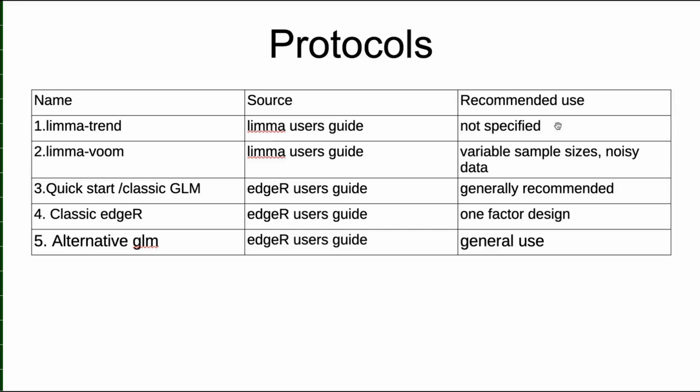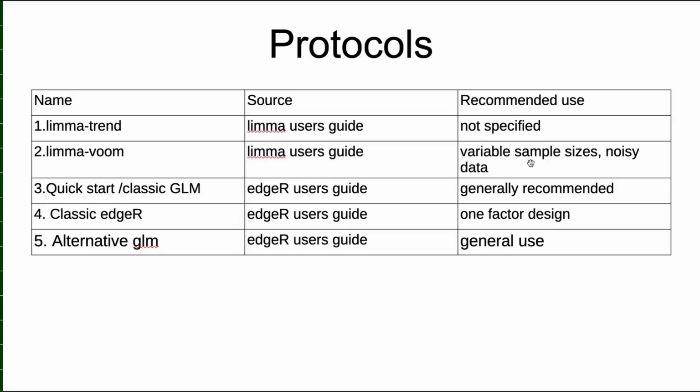There are some outliers, some other problems, and all the efforts of the authors of edgeR were directed to compensate for these troubles, for outliers, for some noisy data, for something else. And therefore, whenever you think what to choose, you can always choose the latest version, which is more resistant to all kinds of troubles. And Quick Start Classic GLM is generally recommended, although limma-voom is an alternative option to deal